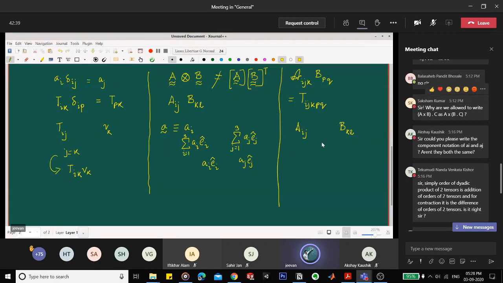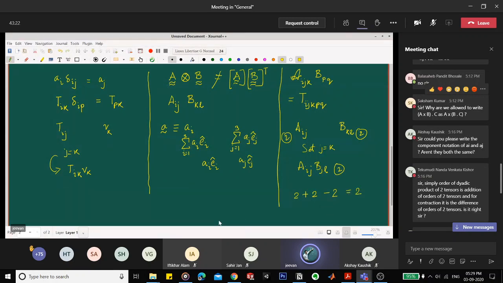For the purpose of illustration, let me take just one example where I set j equal to k. So this is a single contraction. The resulting entity will be Aij Bjl. Now you see the overall thing is of order 2. This was of order 2, this was of order 2, and the resulting entity is also of order 2. So we cannot simply subtract the two things. Rather, it is 2 plus 2, just like a dyadic product, but a single contraction reduces the overall order by 2. So this is equal to 2.